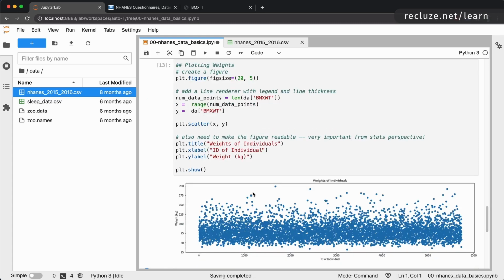Once again, it's not our purpose to understand the whole code in full. I'm explaining it so that you're comfortable with it, but type it yourself, run it. Once you see the output, then this is going to make a lot more sense. So the x-axis goes from 0 to 5735, and the y-axis is weight, which goes from whatever the minimum is up to the maximum. So that's all there is to it.